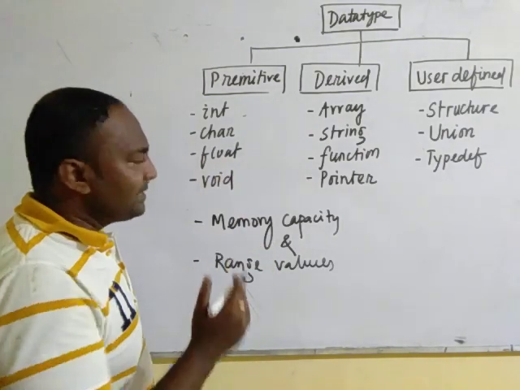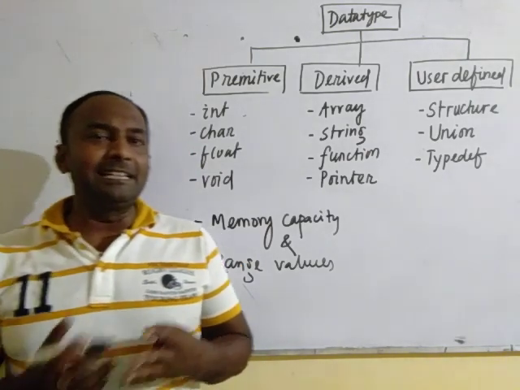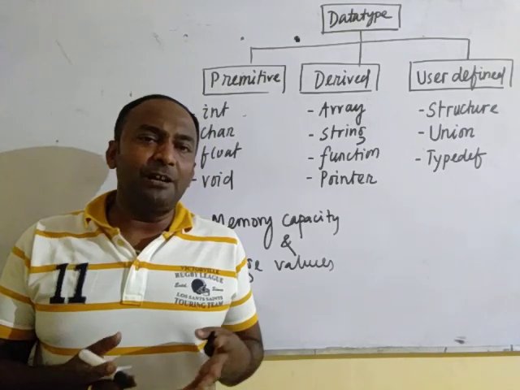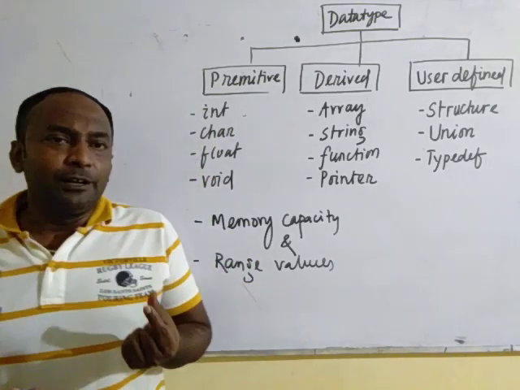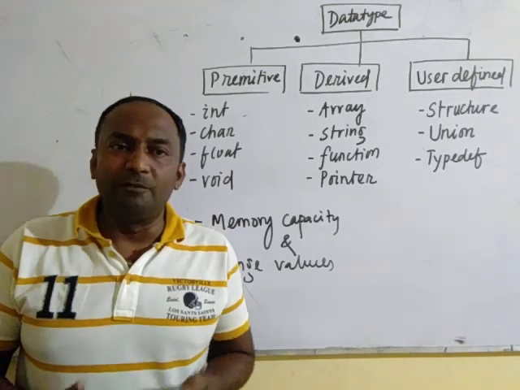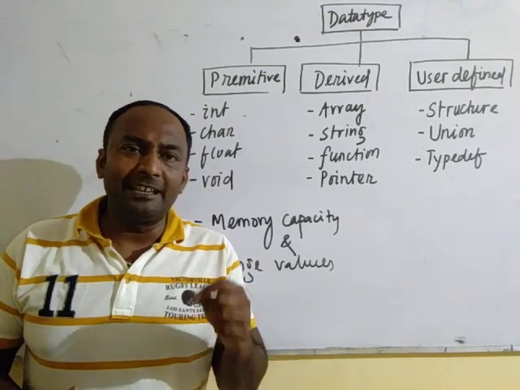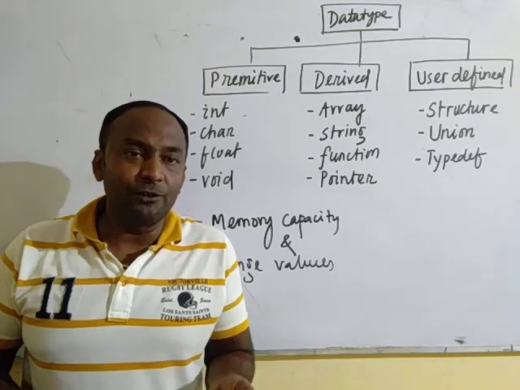If it is an integer, it takes 2 bytes or 4 bytes of memory, and its range is up to 65,536 numbers. Okay. So my phone number is a 10-digit number. It cannot be stored in an integer. It can be stored in float values or it can be stored in long values. It cannot be stored in short values.